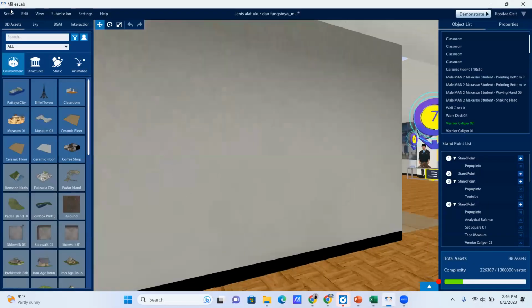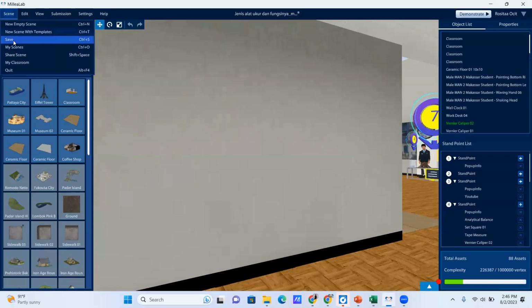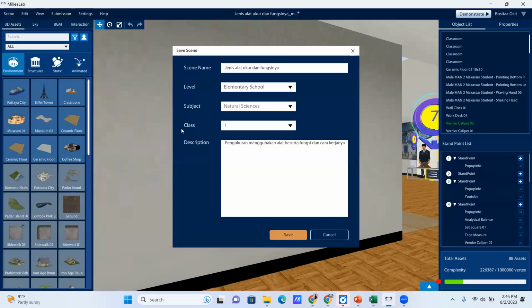Okay, next, save scene. After you have finished creating your scene, you can save your scene with the save submenu. The steps are as follows. Click scene, click save, and you must fill in, namely scene name,